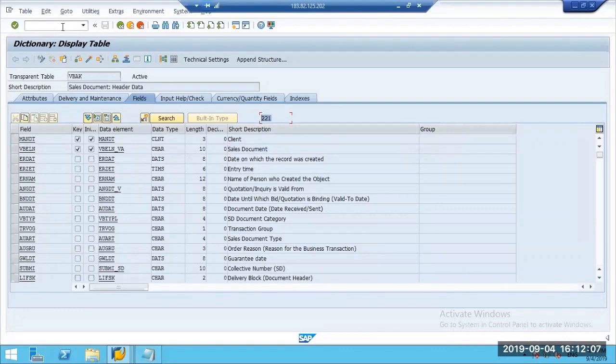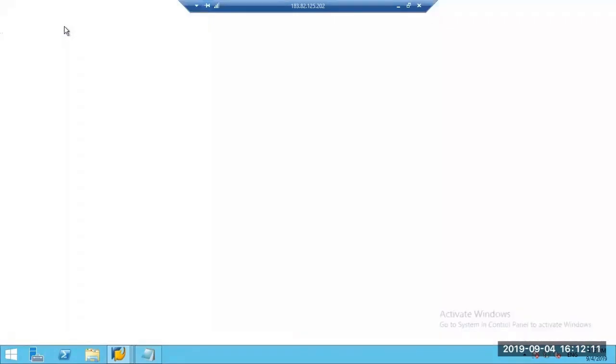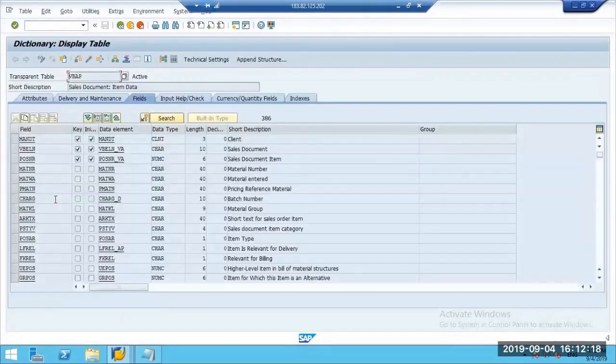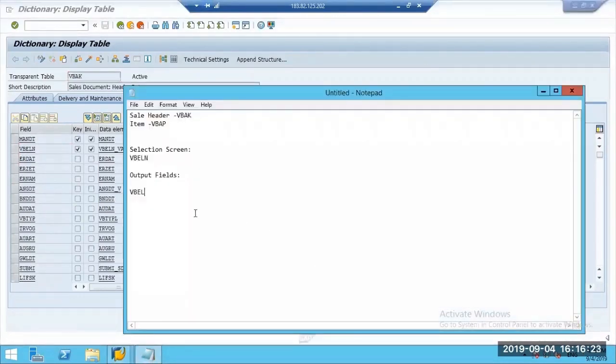The same way we have VBAP also. It has 386 fields. So this is item details. Here we will have the sales document number and its line item, the same way like we had a purchase order number and purchase order line item. It is going to be VBELN and then